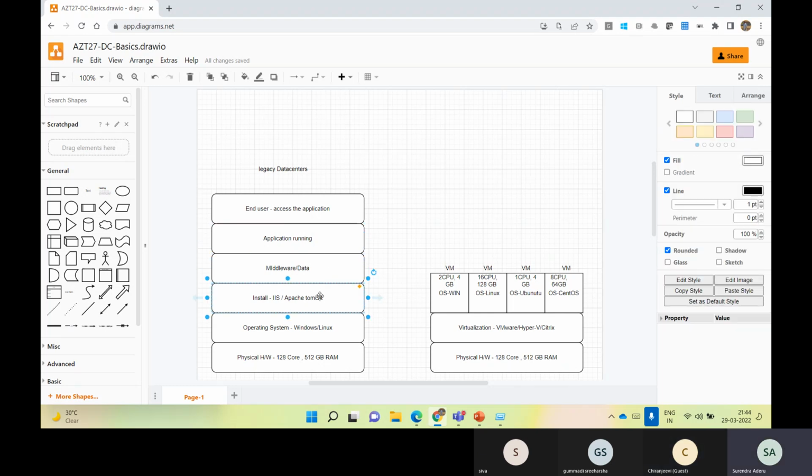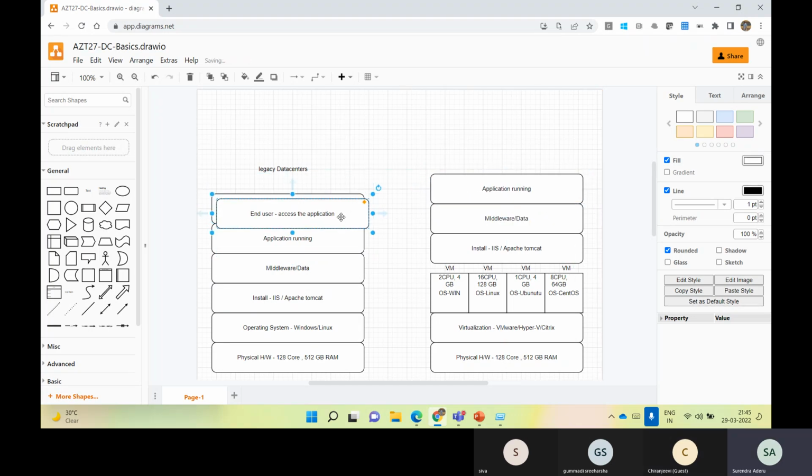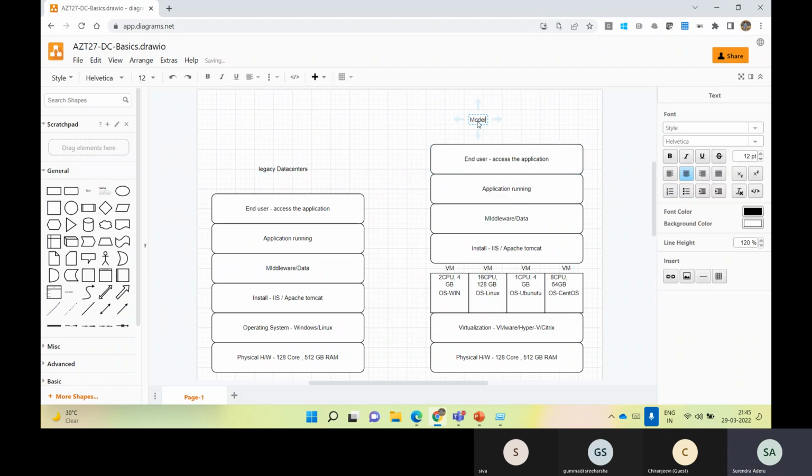On top of it, again, all layers will be the same. So I'm just giving only one box here, but it is technically 4 boxes, 4 different applications, 4 different sets of files which you can install, and have your middleware or data published on top of it, and then run your application on top of it, and then end users. So this kind of architecture, we'll call it a modern data center.